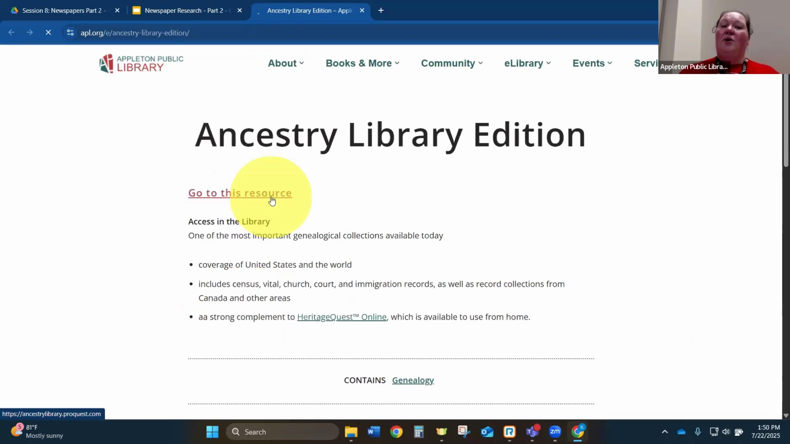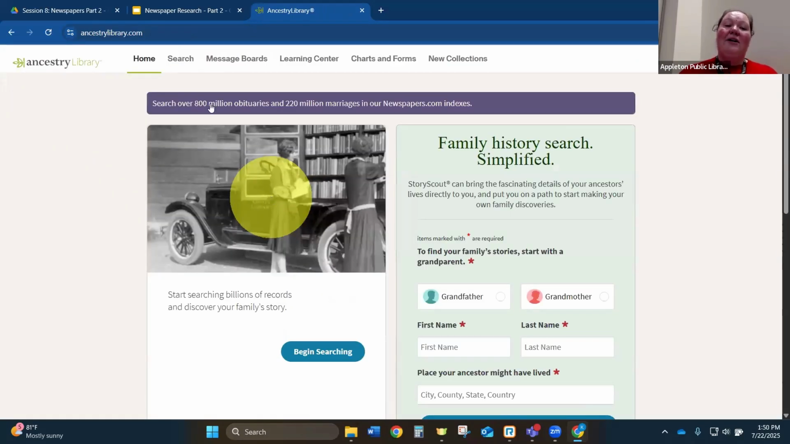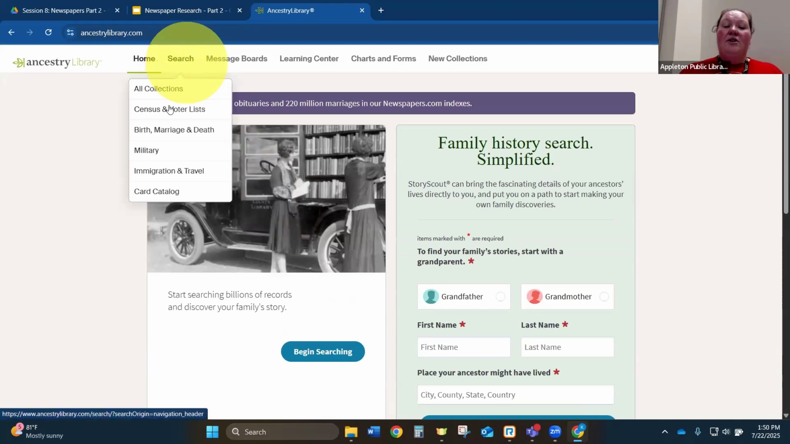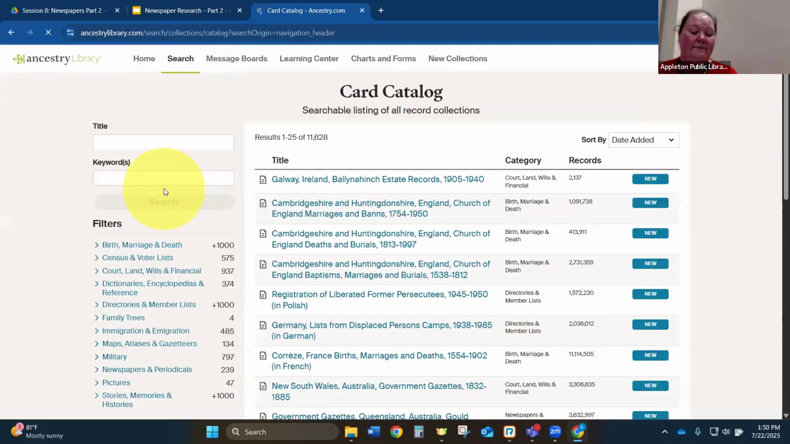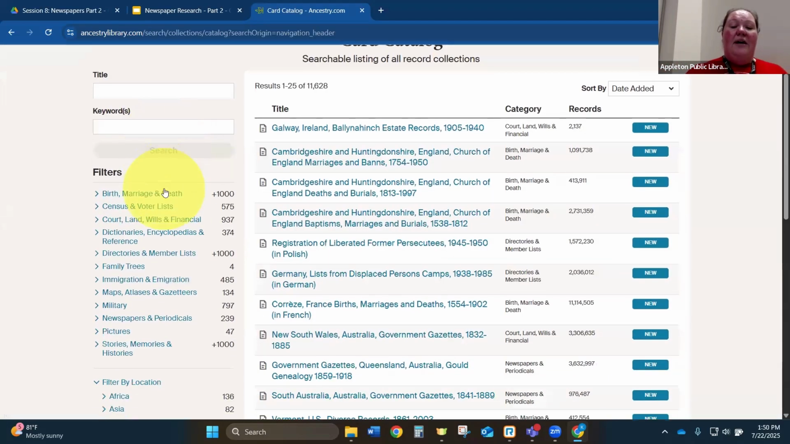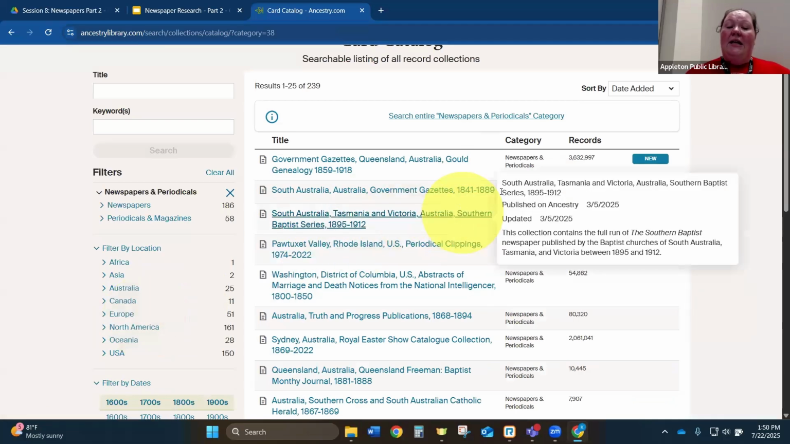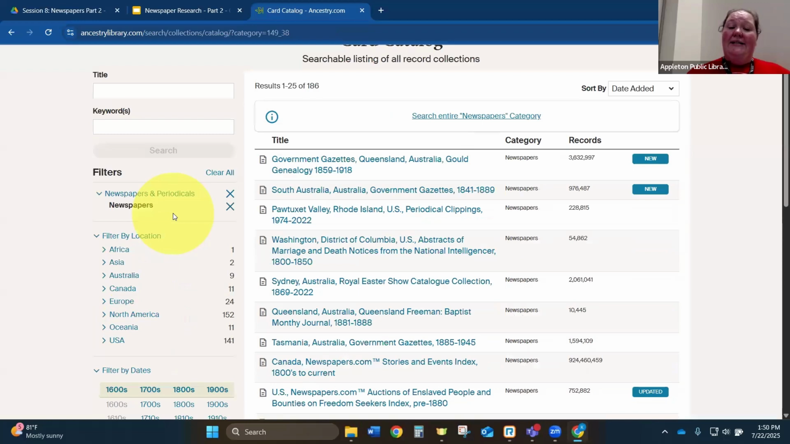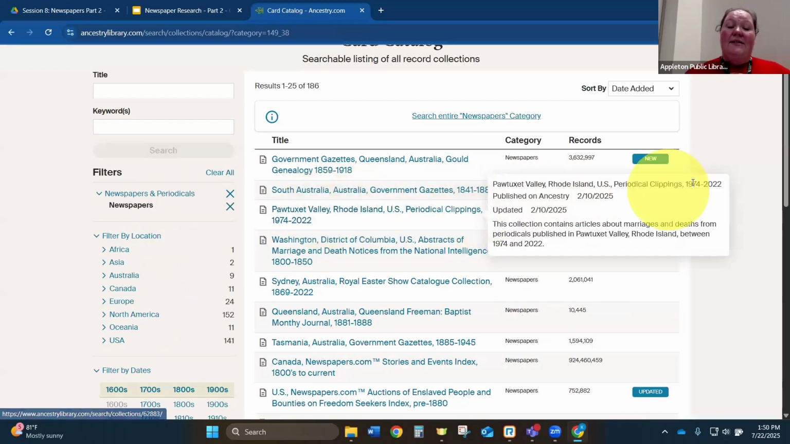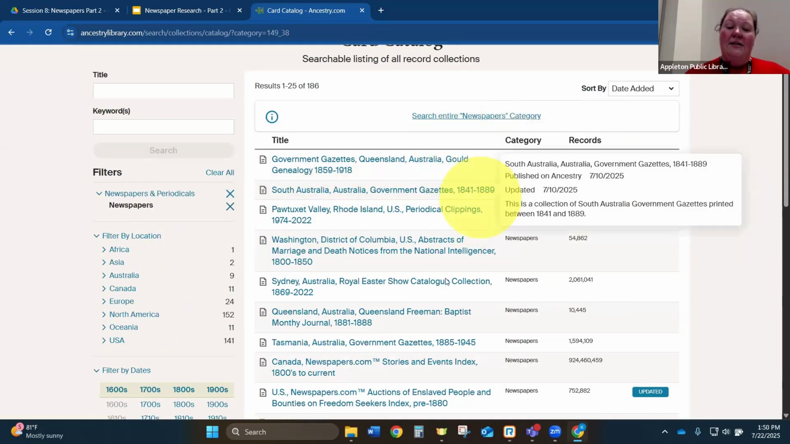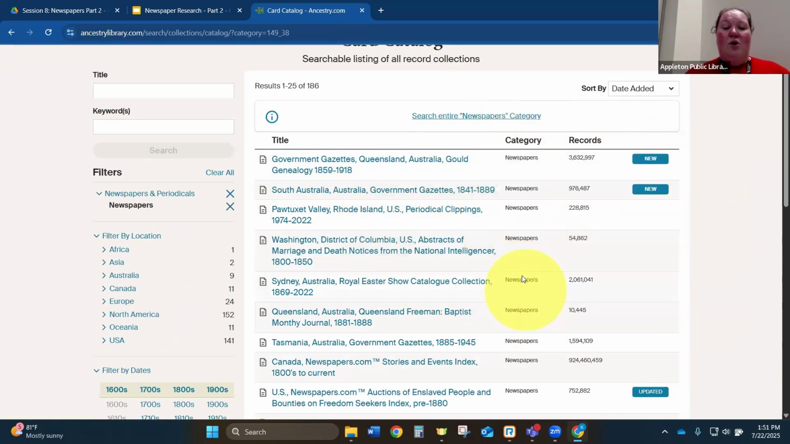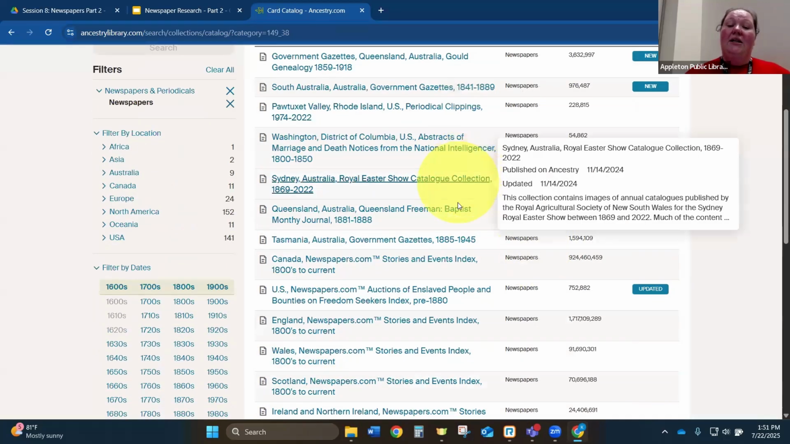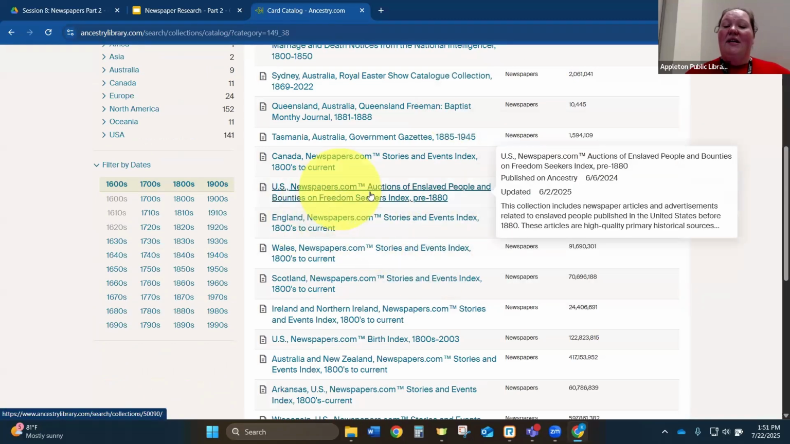So through the library edition, if we go to the APL website, we can go to the library edition, go to search and click on card catalog. And then to narrow down to the newspaper collections, you can see right here on the left-hand side, newspapers and periodicals. So you can see they have a bunch of newspapers. They've got 186. So you can see they've got some South Australian stuff. They've got some Rhode Island stuff, some Washington, D.C. You can kind of just see the general titles that they have,